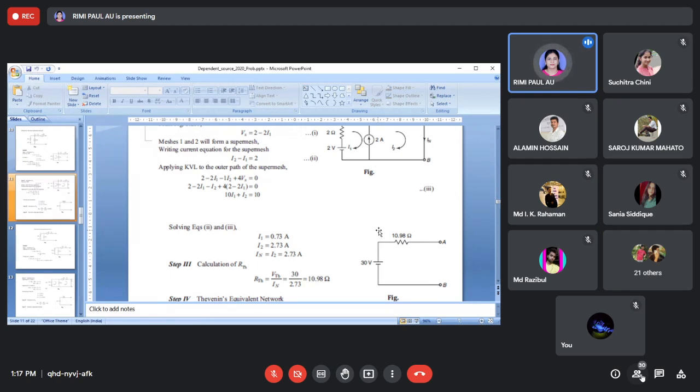If you cannot solve by the matrix method, you can apply Cramer's rule. Cramer's rule is very, very easy. So you can learn these 4 or 5 types of problems for your examination, because this solution technique will also help you in two-port networks and in Laplace transform, so it will be better for you.